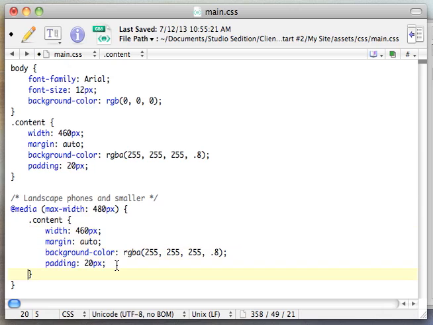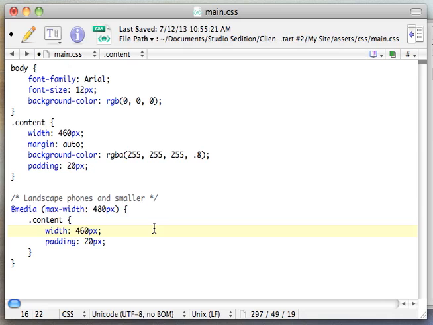So, for example, if this is 480 and down, we wouldn't want our page width to be 500 with this padding and the width of 460. So what we'll do is we'll leave our padding, which will be inherited from this property up here, and we will set this to 360. So then this way, anytime the browser window is at 480 or smaller, the content area will change to 400